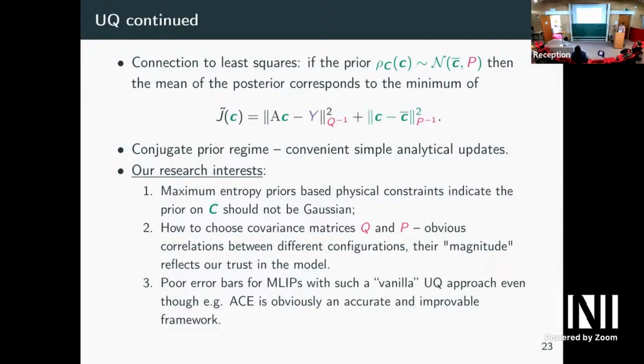And our research interest here, well, one is, as I described already, that very simple constraints based on physics, low level, tell you that it shouldn't be Gaussian, but it just ends up being a complete mess. But then, if you are willing to work with Gaussians, because why not at the end of the day,